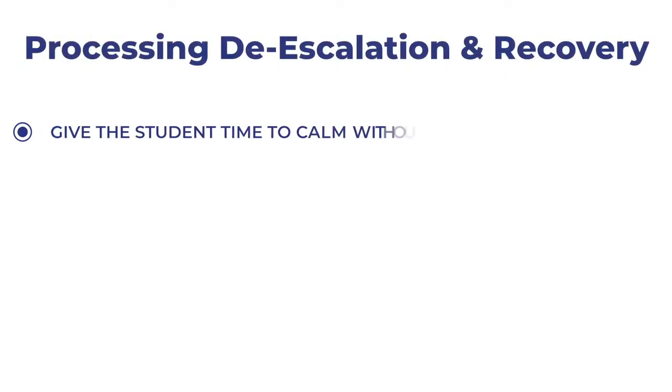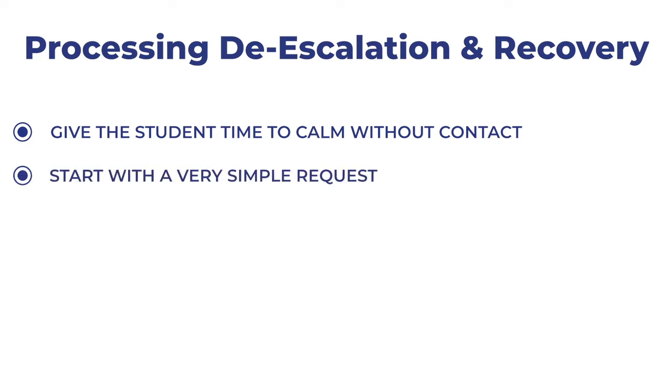One of the most challenging tasks for teachers is judging the degree to which a student has de-escalated and whether there has been sufficient recovery to begin reintegration to the classroom. There are some keys to considering how to deal with these students. First, make sure that the student has had time to calm down. If possible, make eye contact and use that to judge disposition. When the student appears sufficiently calm, we can test them by making a very simple request.